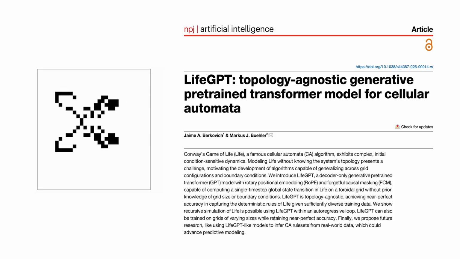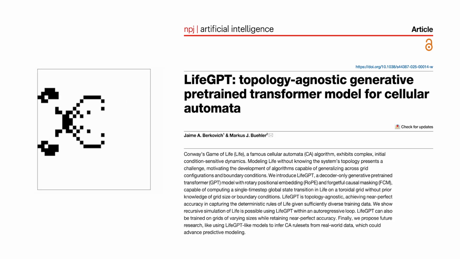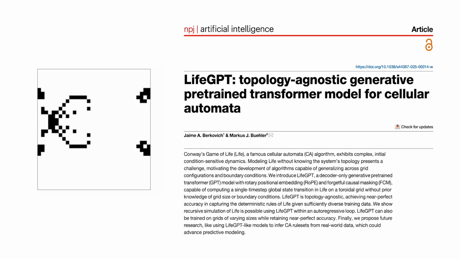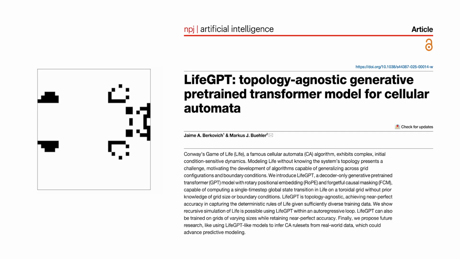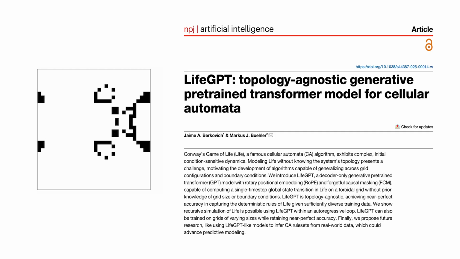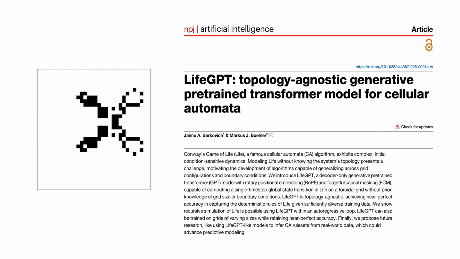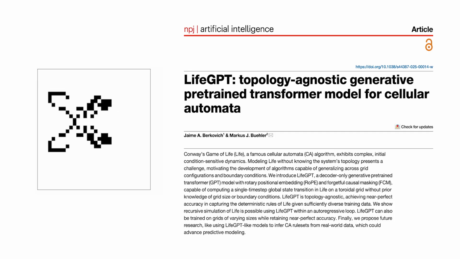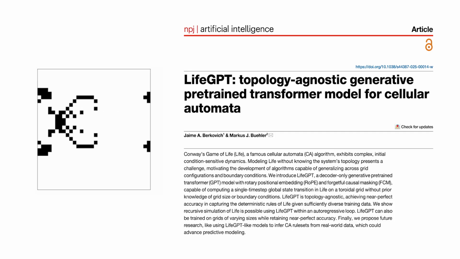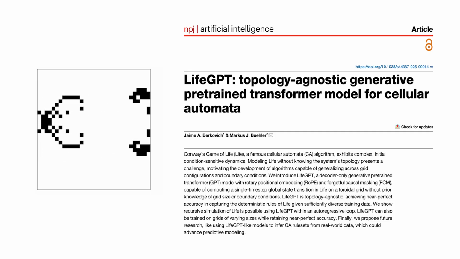Today, we're taking you into a world where simple rules create surprising complexity. Imagine a checkerboard of tiny lights where each light decides whether to turn on or off by looking at its neighbors. No central conductor, no grand plan, just little local decisions. Yet out of those simple steps, whole patterns bloom, swirl, crash, and stabilize.